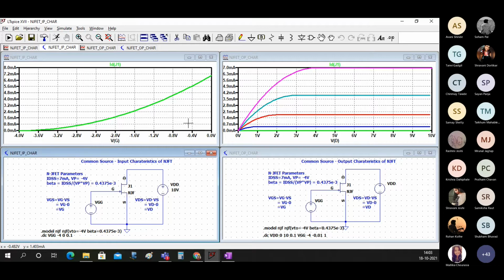Yes, any doubts in this? Now, you will do for a P channel JFET. You will plot the characteristics for a P channel JFET. Come on, do it.